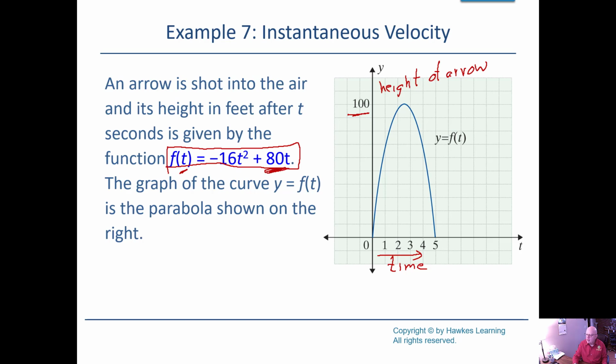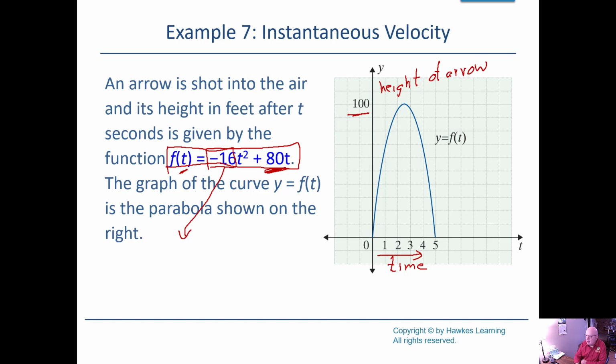The 80 means that the arrow, when you let it go, was going 80 feet per second in the air. Notice the positive 80, that means it's going upward, or the distance above the earth is getting bigger and bigger and bigger. However, on this side, the negative 16 actually says a little bit more than you expect, perhaps,